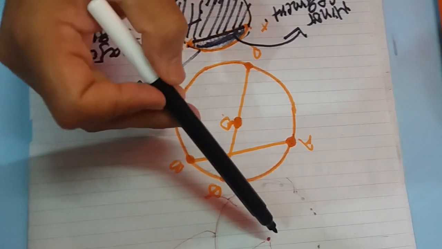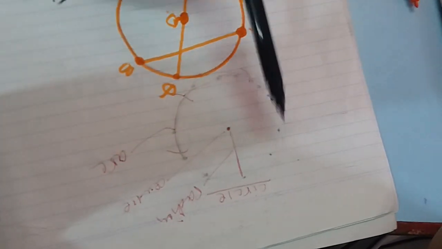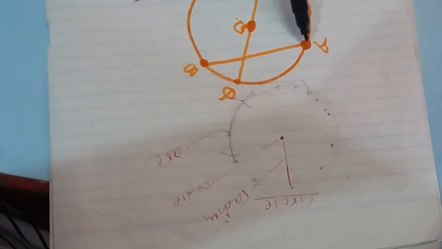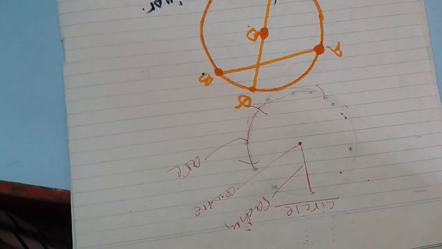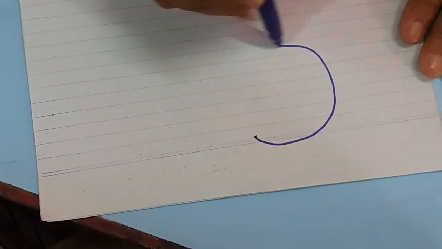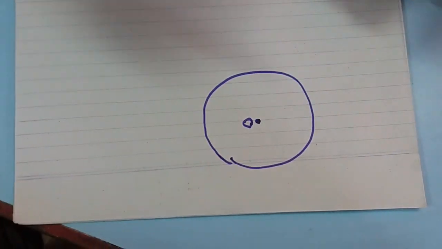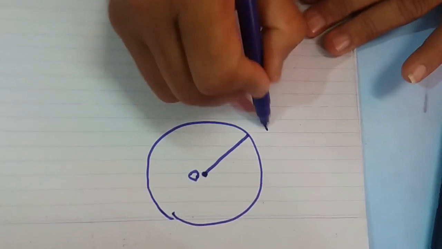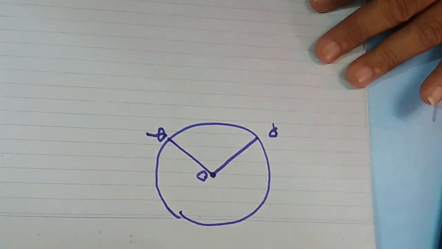So we discussed what the circle is, its center, radius, circumference, then the chord, the diameter, and then the segment. Now the third thing we discuss is the sector of the circle. For sectors, let me draw a circle whose center is here at O. Then this OP is a radius. Similarly, OQ is also a radius.